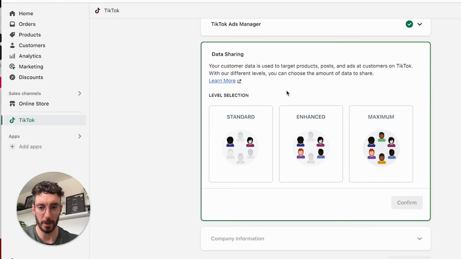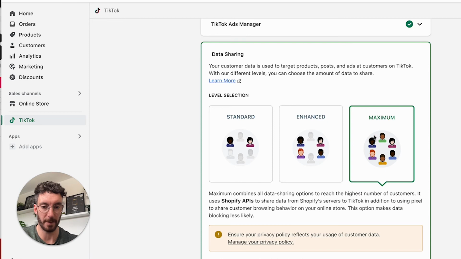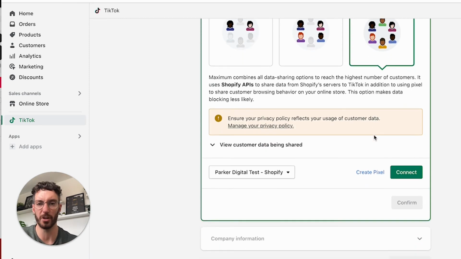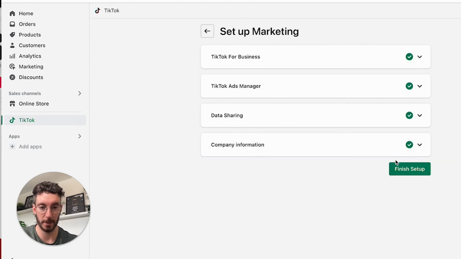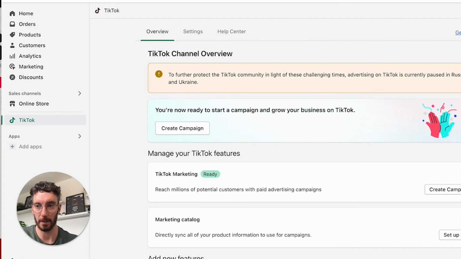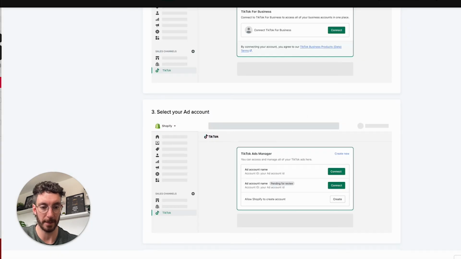Cool, and what we want to do is we want maximum data sharing. We want to be able to share as much data as we physically can that TikTok will allow us to share. And we want to connect and then finish that up. All right, brilliant. So if we return to here and click Next,